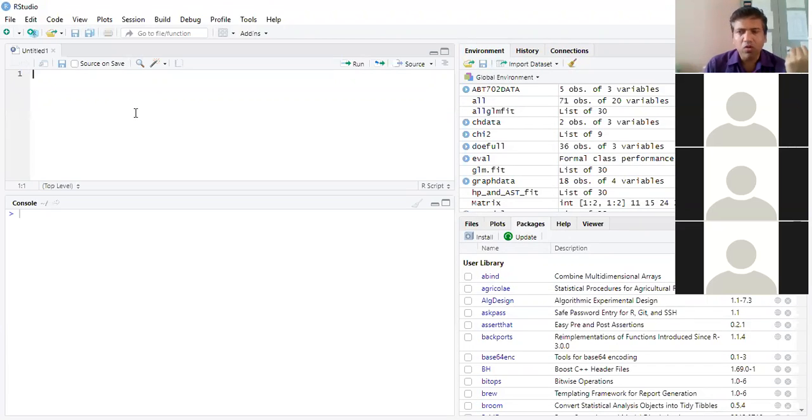So for this, we'll have to name the data which I'm going to use. Say I would name this